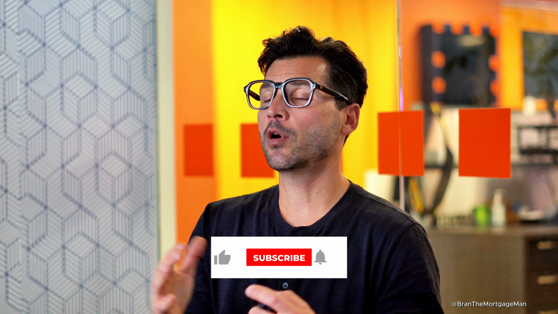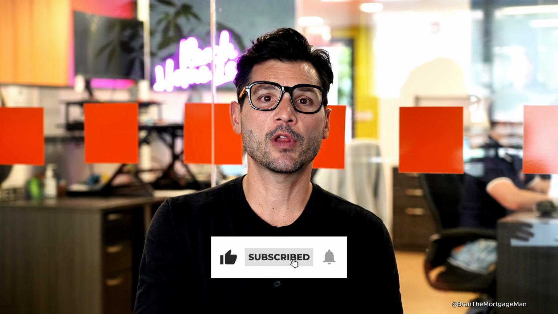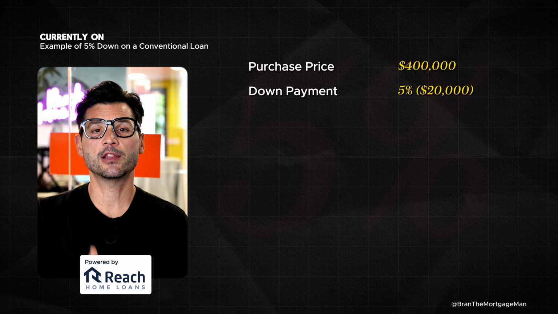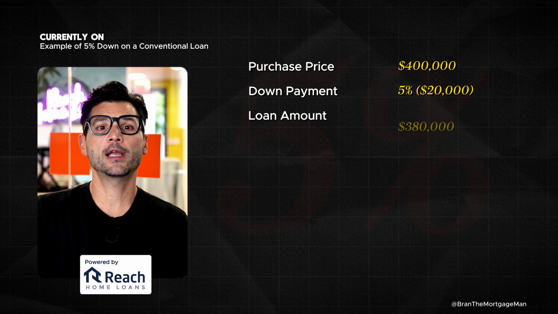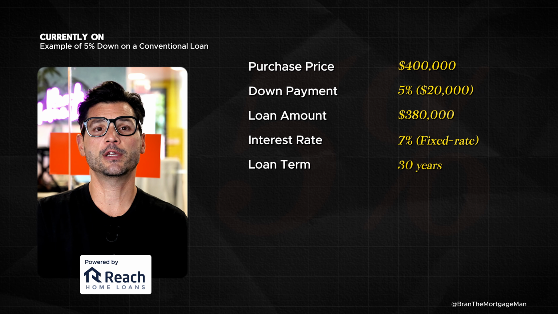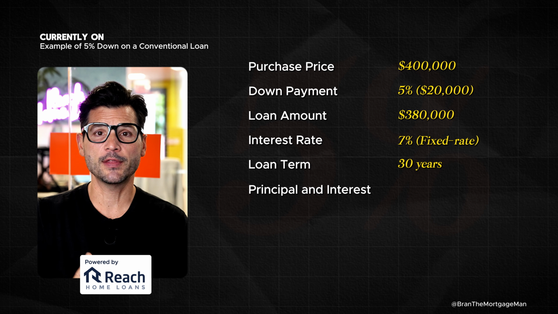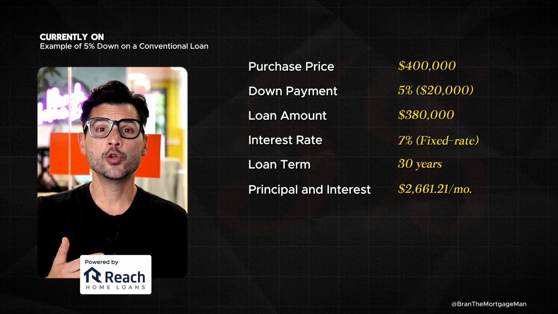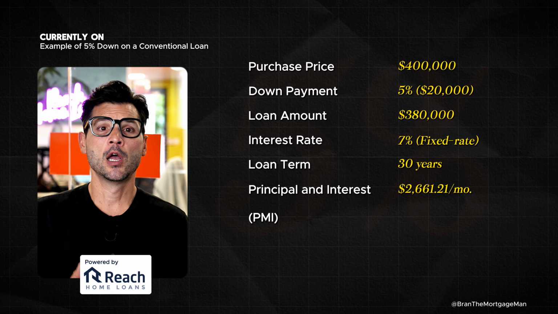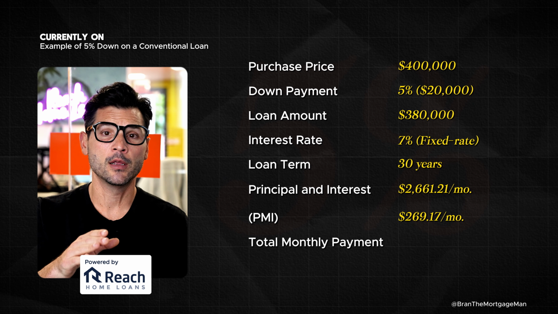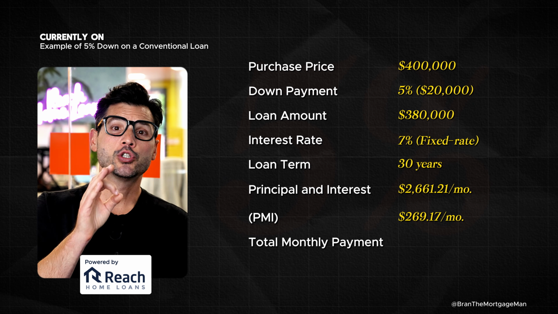So let me give you an example of what a 5% down payment on a conventional loan would look like if you were to buy a home for $400,000. So your purchase price is $400,000. You put down 5% of that amount, which is $20,000, meaning you borrow $380,000. Let's just say the interest rate is a fixed 7% over 30 years. Well, your principal and interest payment on that would be $2,661.21. But on top of that, you'd have mortgage insurance, and I'm using an average here, of about $269.17, making your combined total payment, not including taxes, not including insurance,